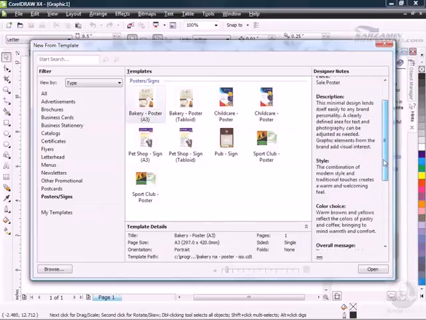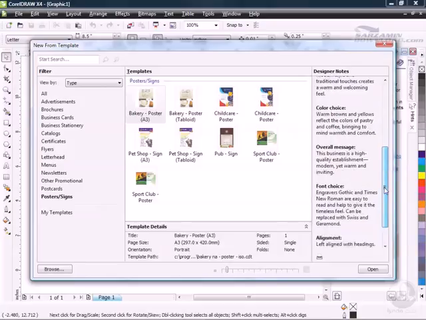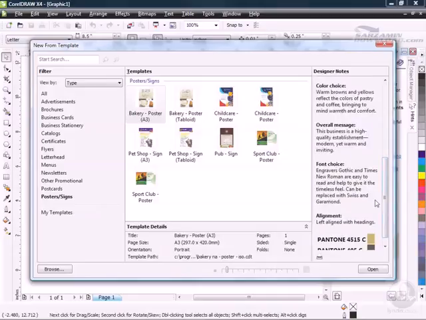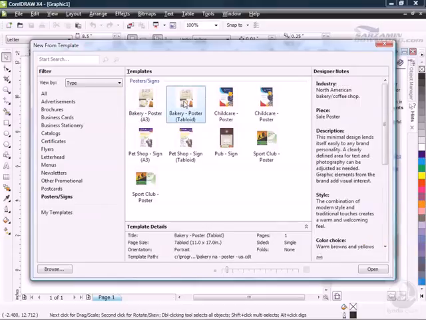So it's all set up for you with style. Color choices are selected for you, browns and yellows in this case. The overall message is it's a high quality establishment, modern yet warm and inviting. And you can see the font choices that are used down here and why. Alignment, and look at those two colors down below. They kind of go with each other to give you that feeling that you're after with a poster representing a bakery in this case. You can also choose the tabloid version,